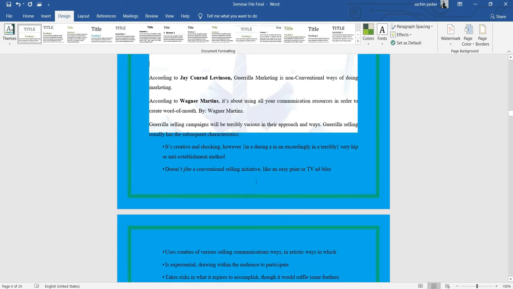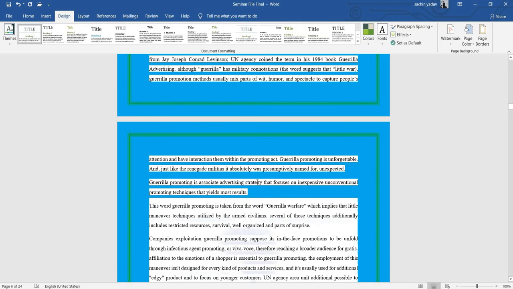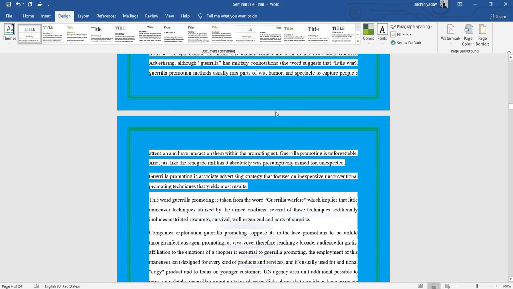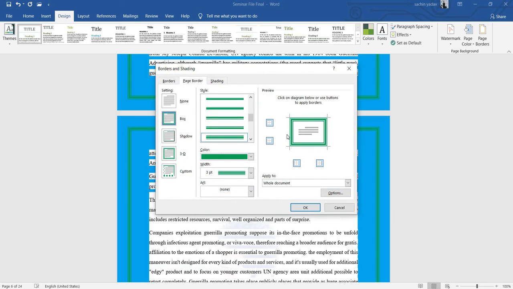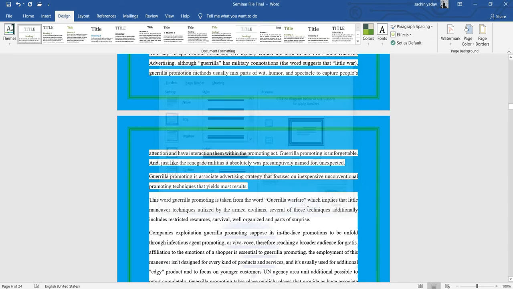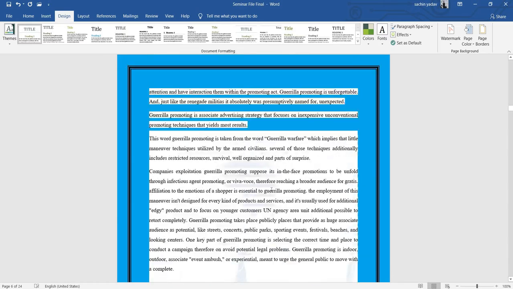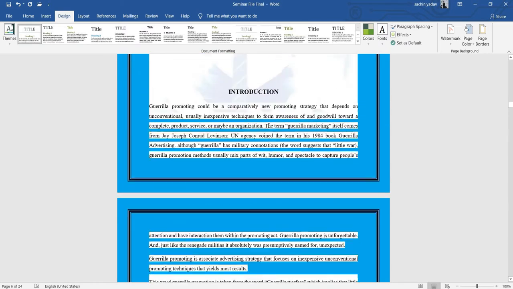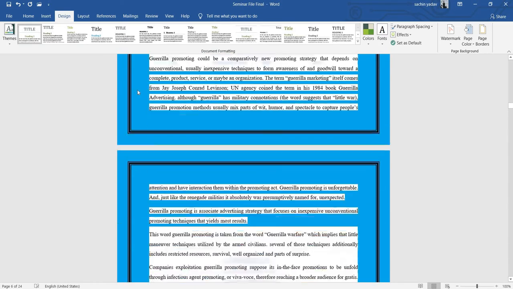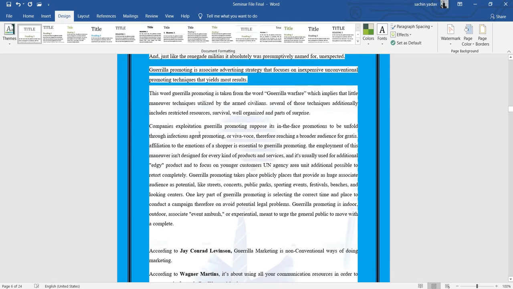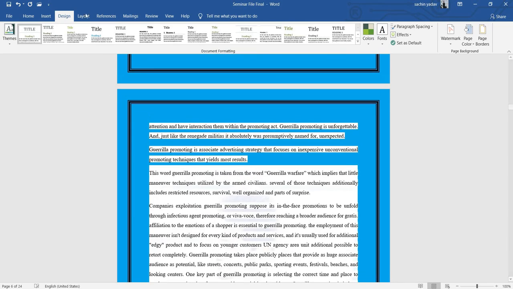You can select this one also. You can click OK and see the border is being changed. So here are many different options related to the border or color of the border. You can change again. So I'll select it to black and then OK. So here you can see the border of this color is being changed again. So this is the option what you can use in the design tab tool.